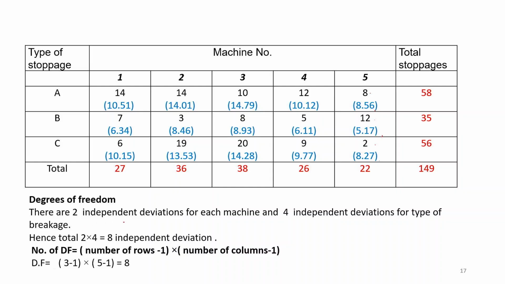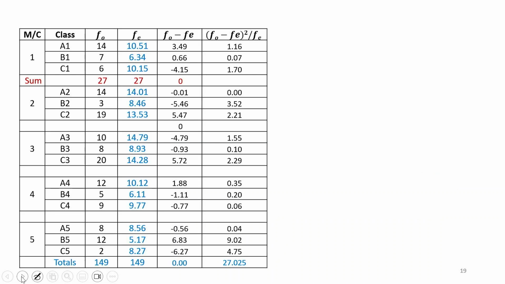So there are 2 independent deviations for each machine and 4 independent deviations for type of breakages. Now we need to calculate, next up to this, how many deviations are there. If I show you,